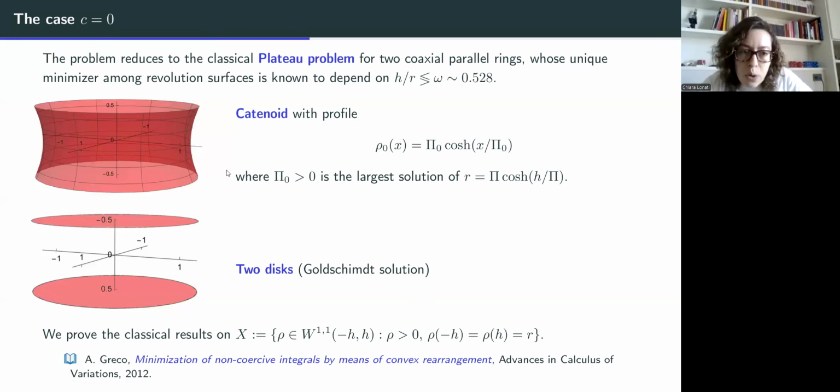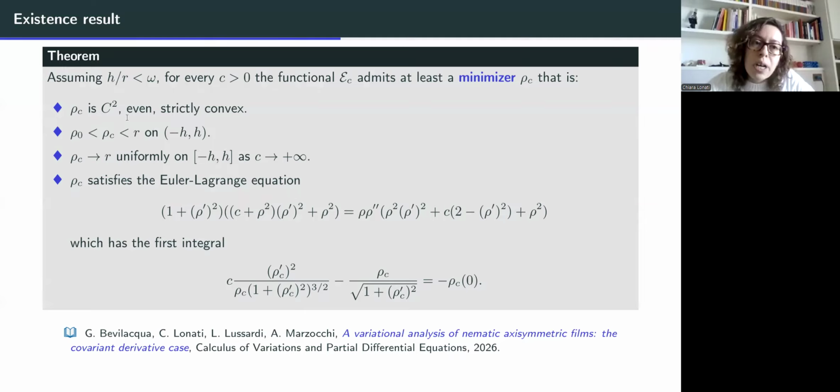So the first thing we did was to prove again all these classical results, in particular on this space: rho in W^{1,1}, rho strictly positive, and the boundary conditions. And we did this partially following some results by Greg. Once this was done, we have the main result. If h over r is less than omega, so this means that the unique minimizer for the Plateau problem is a catenary,